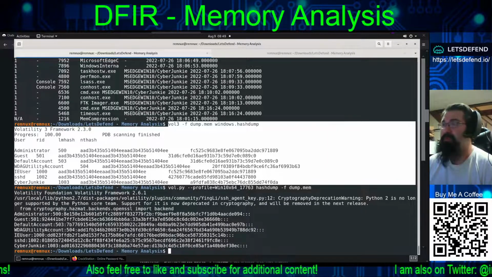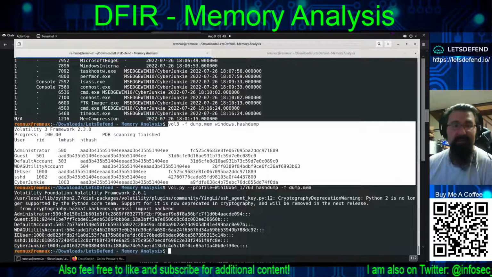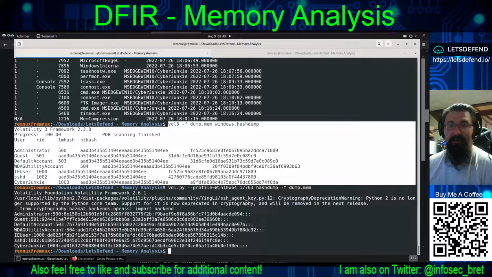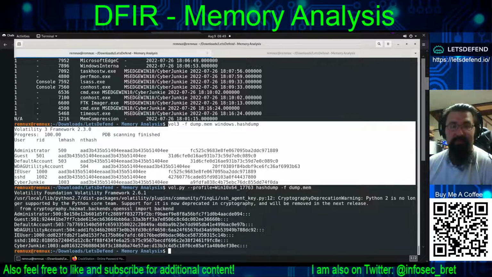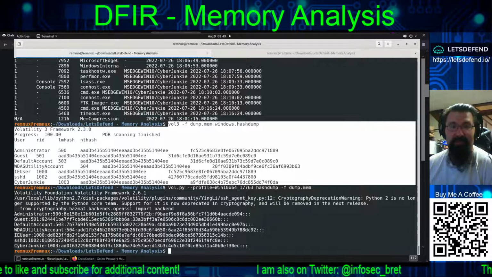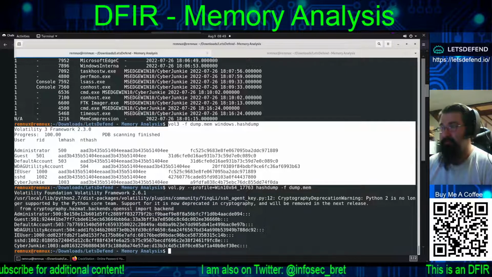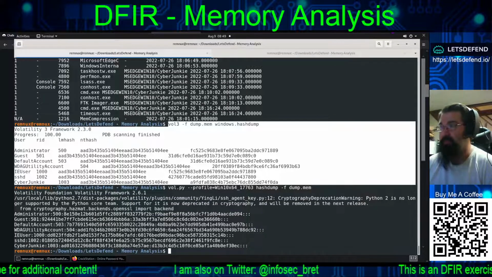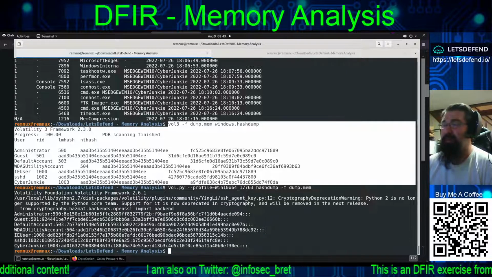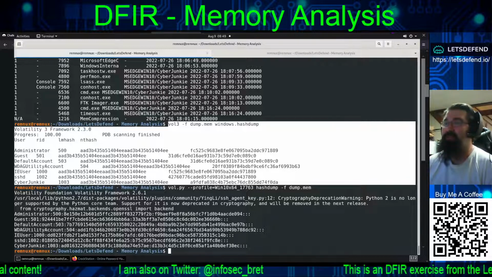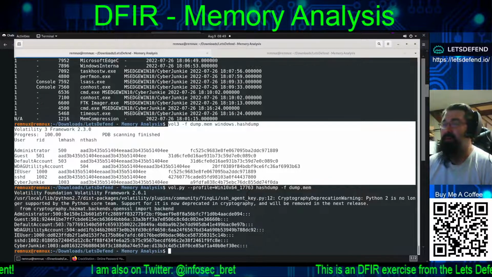Ran through, under Volatility 2, the entirety of all the profiles that would be there, doing the kdbg scan command on the dump.mem file. Came back with a whole bunch of different options, so I went through manually with Volatility,